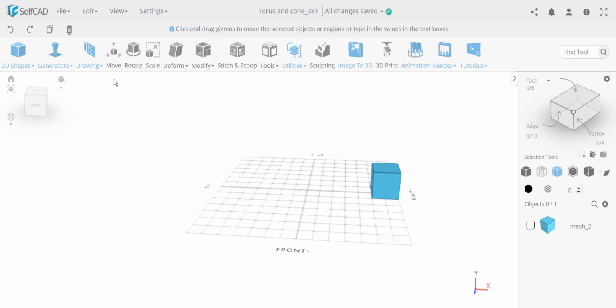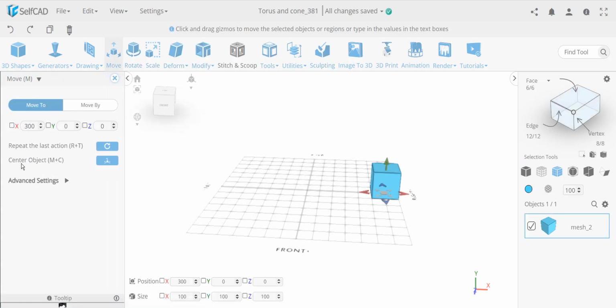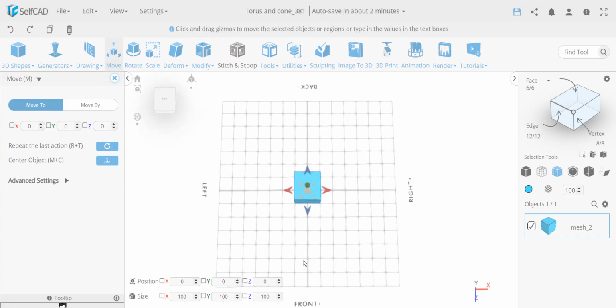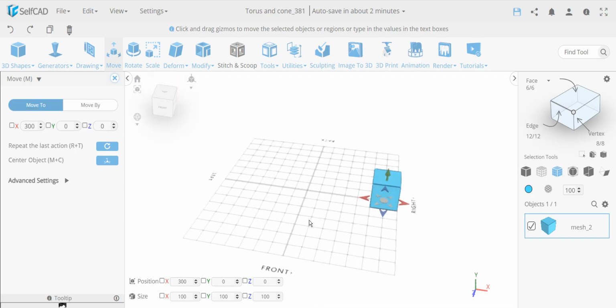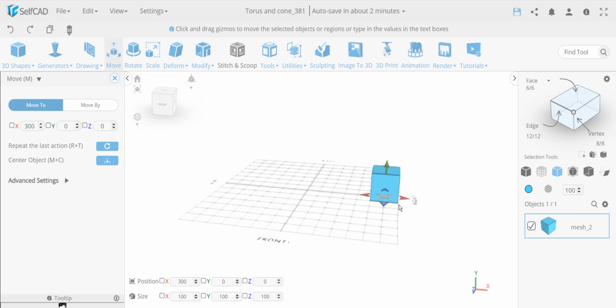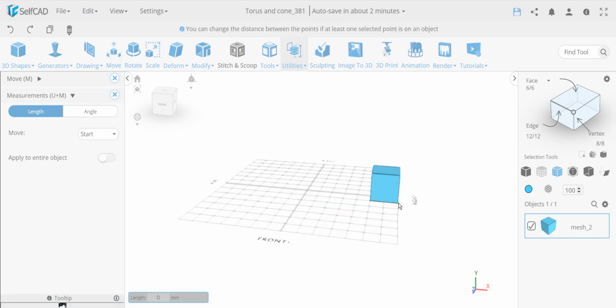So where this makes a difference is, if I'm selecting this object and we're going to move it, I can click here, actually center object. If I center it, see it's positioned in the center. So first of all, if you think about it, if I'm going to measure from the center over here, it'll be 350. But if I'm moving this all the way to the end, the position would only be 300. Why is that? Because I measure from here. I don't really measure from the end. If I'm going to take a measurement from this point over here till the center of the scene,